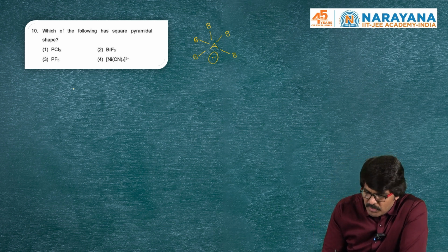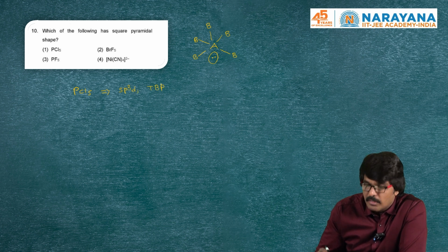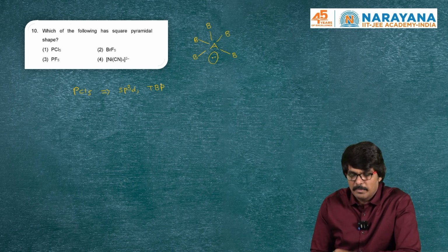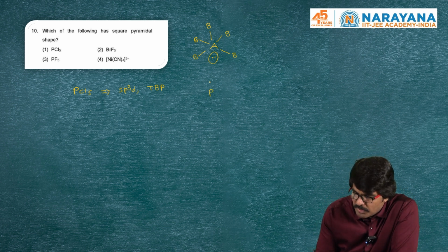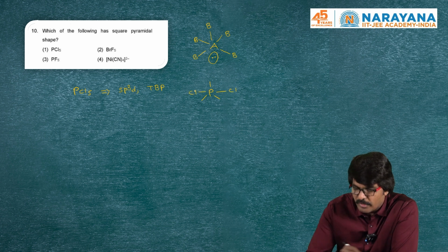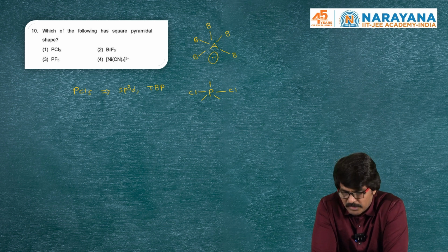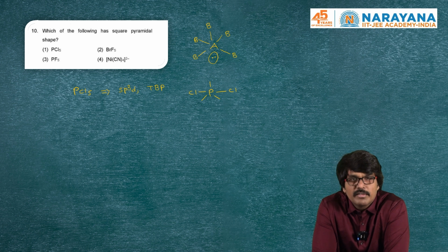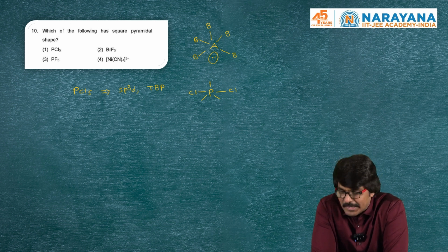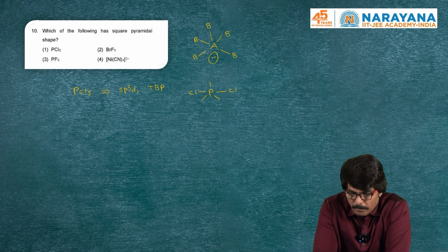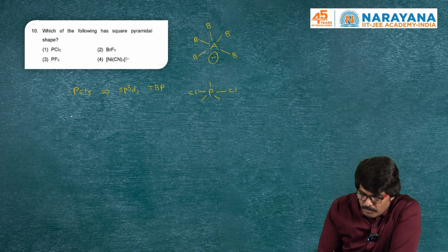If you take PCl5, in case of PCl5, this is sp3d hybridization and it is trigonal bipyramidal. Of course, in the gaseous phase, trigonal bipyramidal. So phosphorus has no lone pair. 5 bonded atoms are present, but phosphorus has no lone pair. In the valence shell of phosphorus, 5 electrons are present and all the 5 electrons are utilized in bonding. But the requirement is 5 bond pairs and 1 lone pair. And the next one is